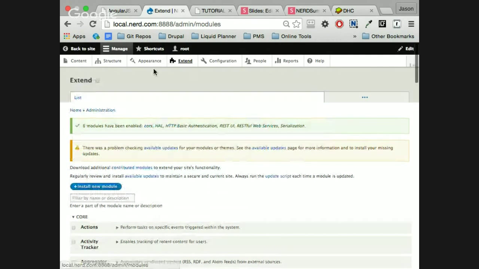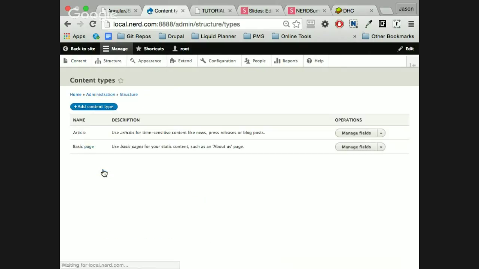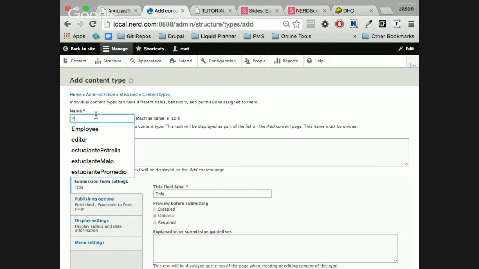Okay, so what I'm going to do is try to do this as explanatory as possible. There might be some mistakes because it's practice, it's a live thing. So I'm going to create a content type. We already know about this. We create a content type called employee, which is the example I'm going to use.